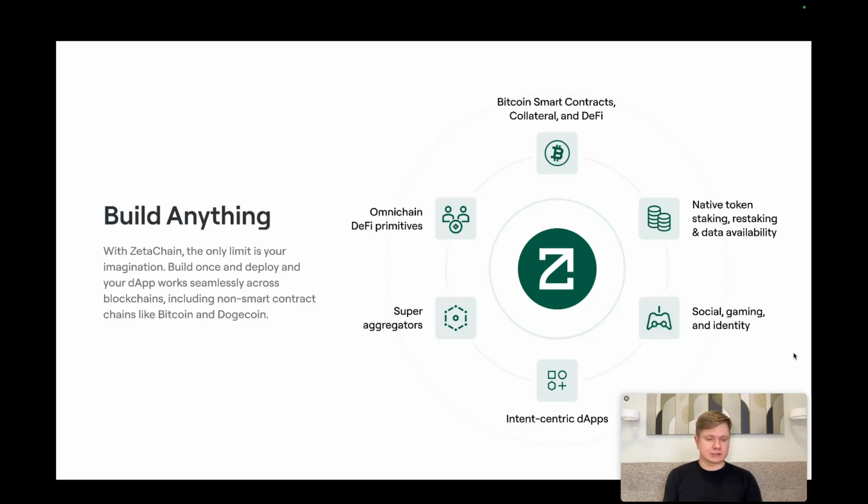And of course, it's great for applications like gaming, where you have in-game items and you want to allow people to buy these items with whatever token they already have, including Bitcoin, right? So now you can build the payment logic for a game on ZetaChain that accepts Bitcoin natively, and it's all